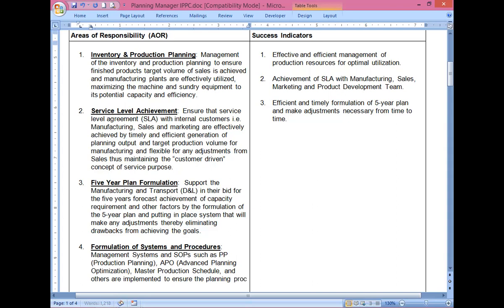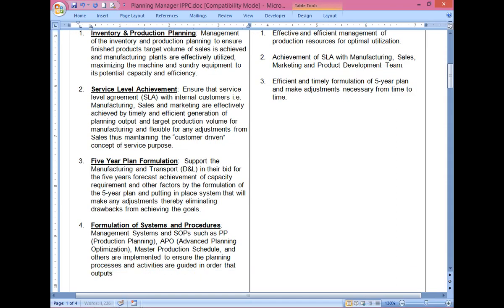To ensure the planning processes and activities are guided in order that outputs are in line with